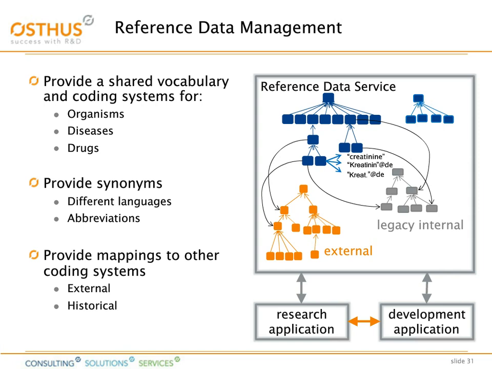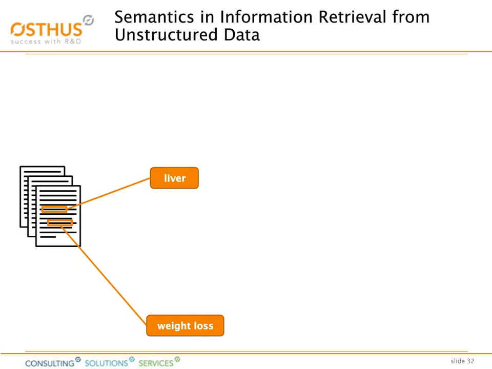And the third and final use case is on information retrieval from unstructured data. So consider the case when you have many documents such as patient reports, and a clinician is interested to state a certain diagnosis. Then one way to make the unstructured data better accessible is to provide semantic annotations of that text, and the items